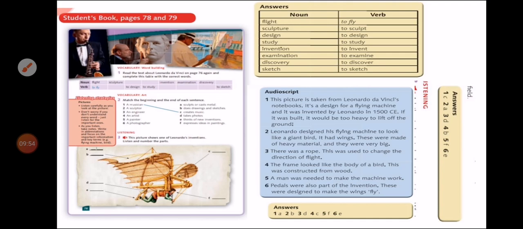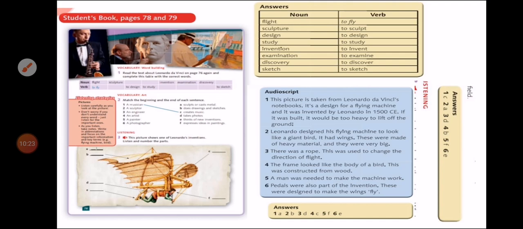So 1 with A, 2 with B, 3 with D, 4 with C, F with 5 or 5 with F, and 6 with E. 6 with E. Now,